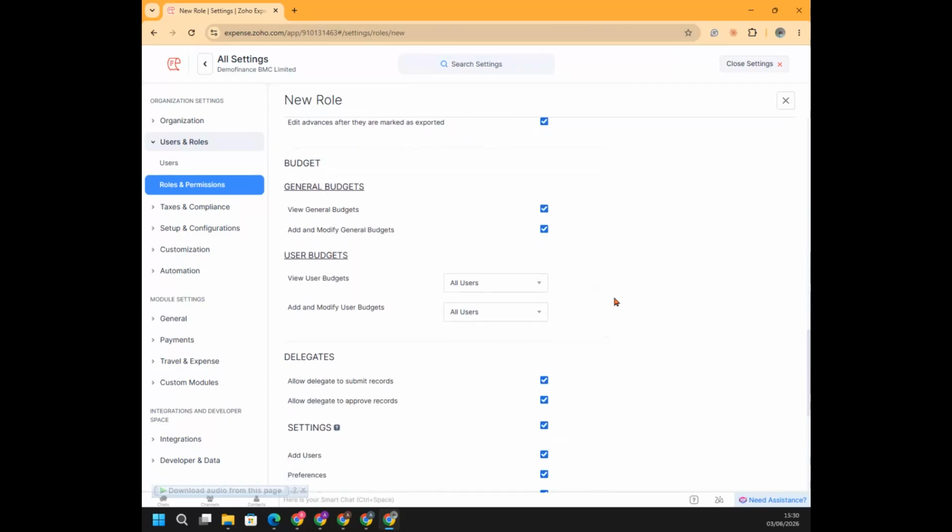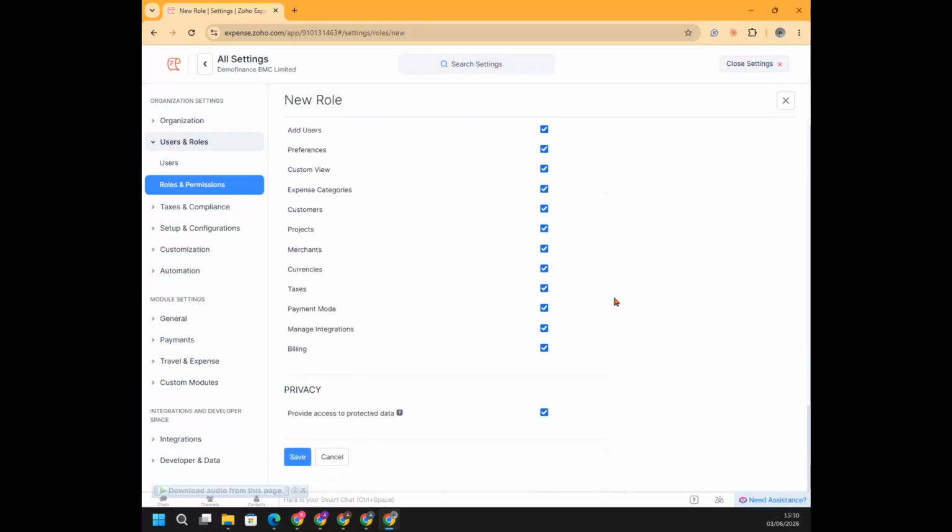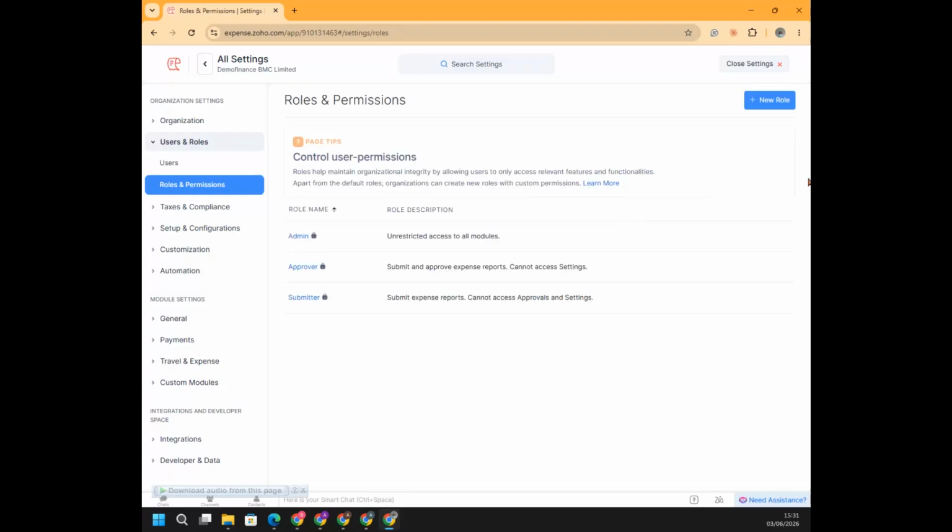You select all related applications, what he can do with the role. You don't want him to do something, you uncheck this. You cannot do this, you uncheck that. Whatever he can do, you check, and you uncheck whatever he cannot do. That is one method of creating a new role. The second method of creating a new role is